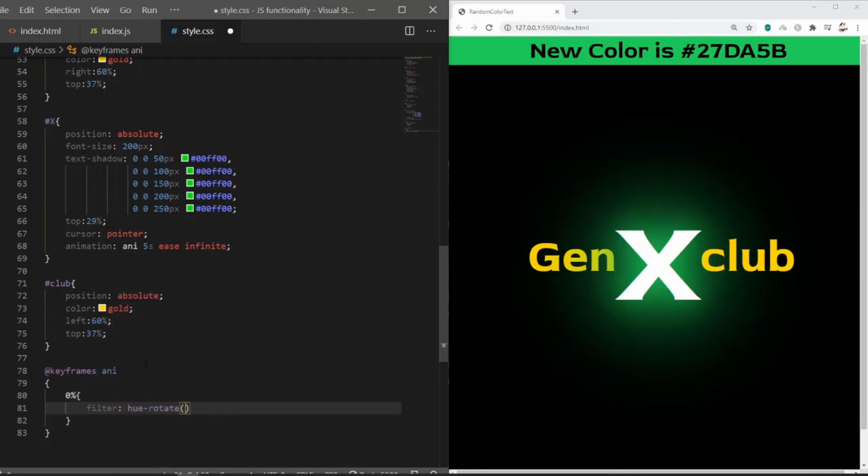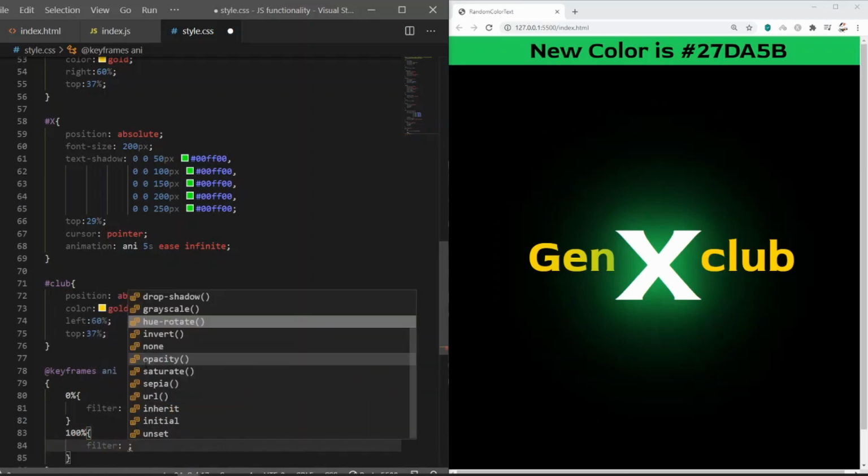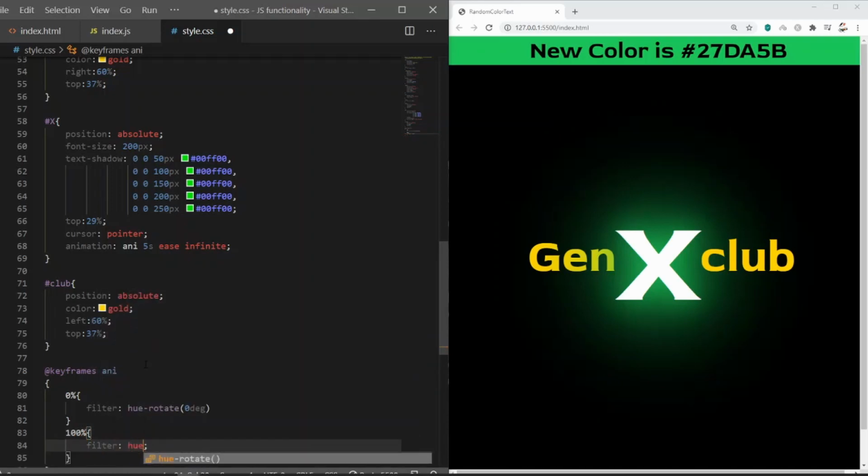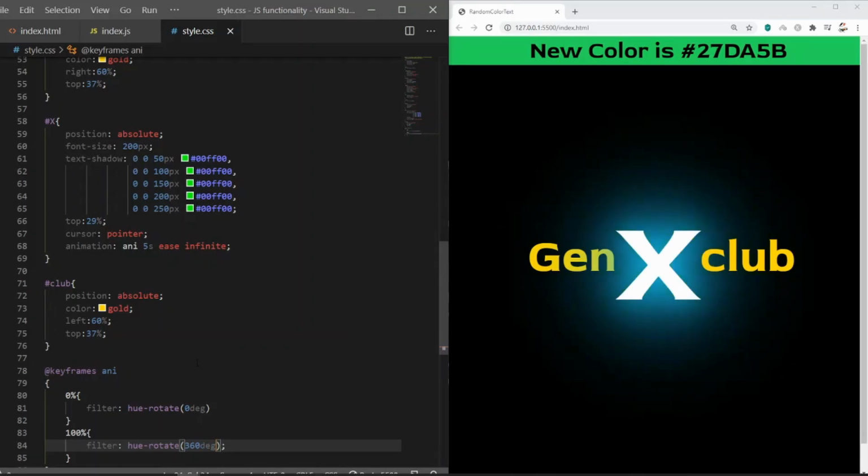We have something called hue-rotate, so we're going to put 0 degrees because it's at 0%, and when it's at 100% we're going to put the filter to hue-rotate of 360 degrees. So we are almost done. 360 degrees, and let's save it. And wow, that looks amazing.